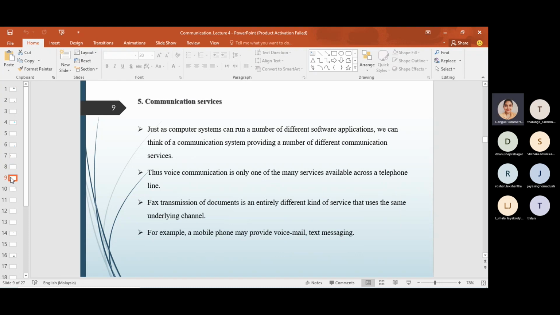Okay, and then there are communication services. Communication services is another element of a communication system. Communication services means like,